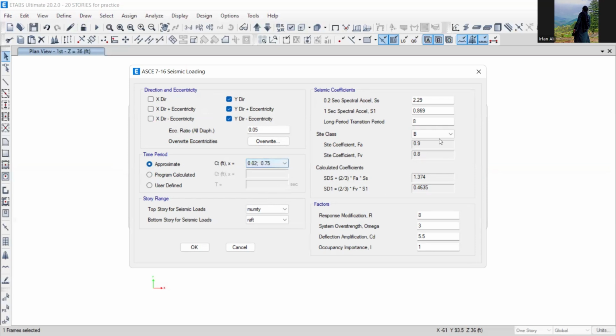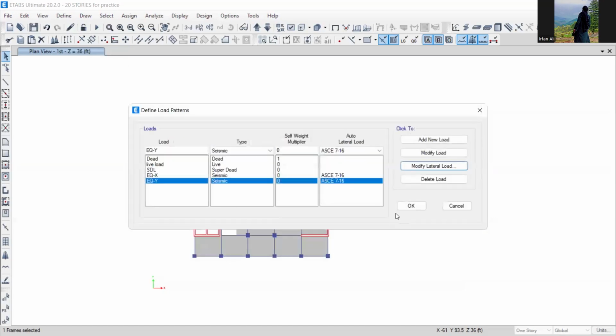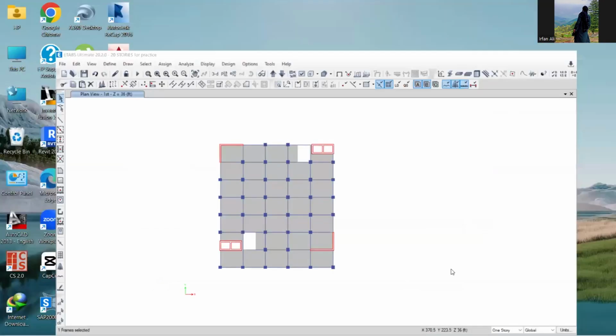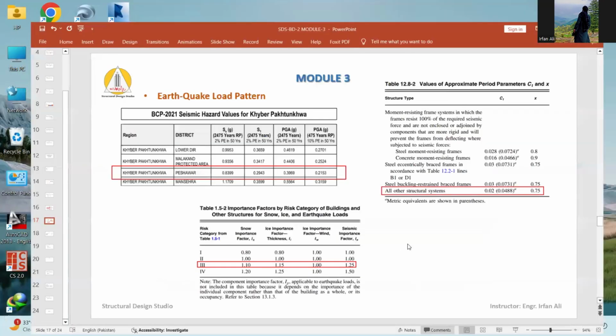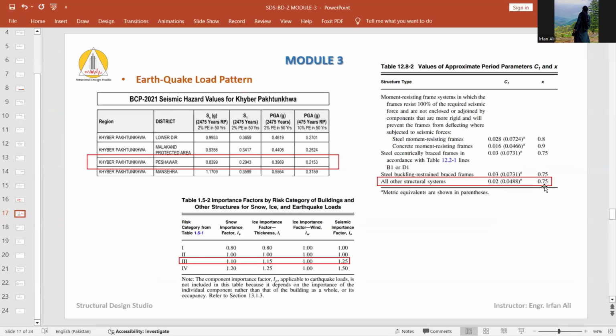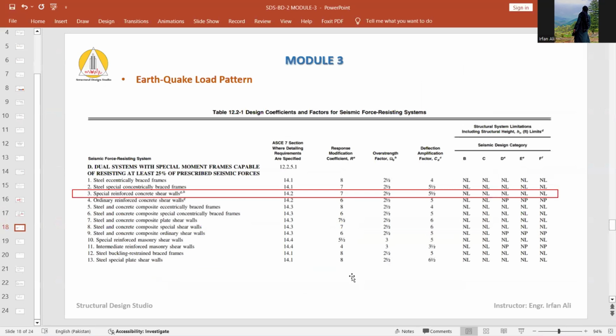This is 0.275. This is 0.8399. 0.29. This is D. 7, 2.5. So I have taken this value 0.02, 0.75, insert this value, insert this 1.25, and this is the table where